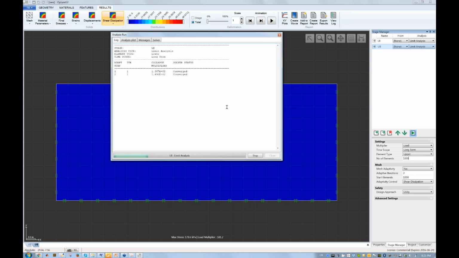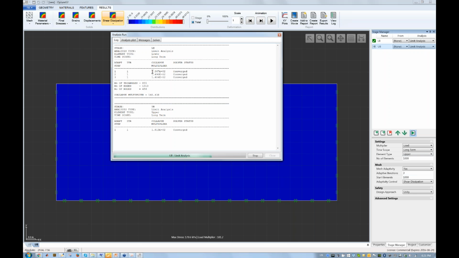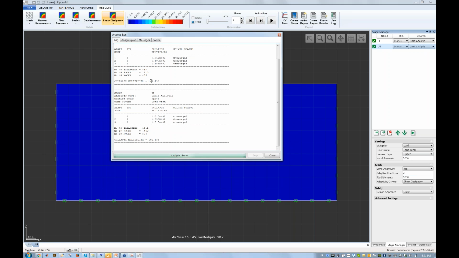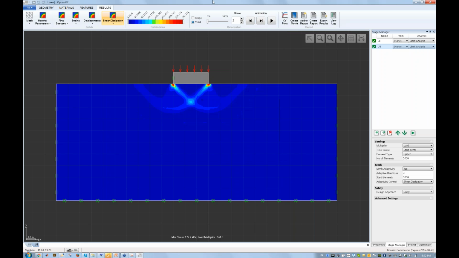And let's see what happens. We start with the lower bound. We start at some 130 something and move up to 148, and the upper bound comes from above, from 181 down to 161. So now the gap has shrunk quite considerably. Again, we know the true solution is guaranteed to be somewhere in between the 148 and the 161. That might be something like 155, and so that would be a reasonable estimate of what actually the bearing capacity